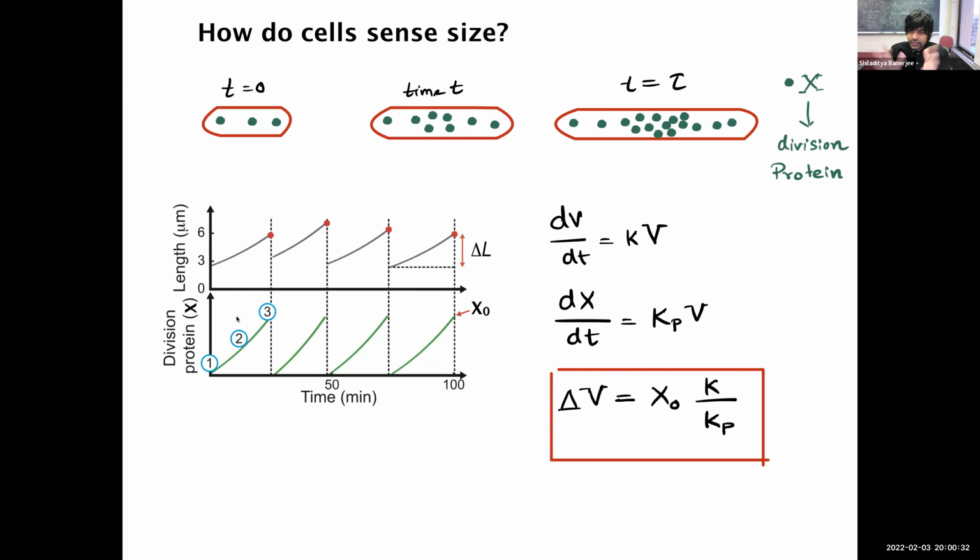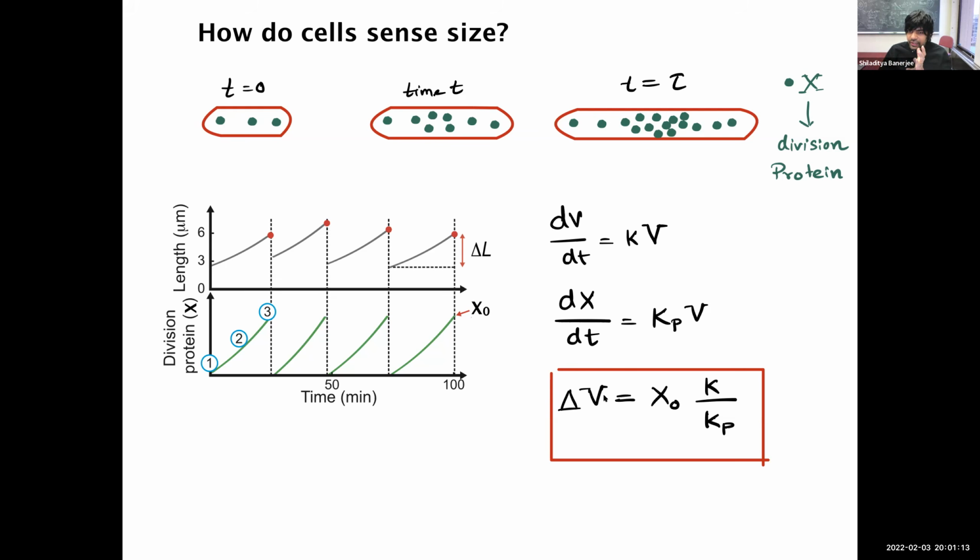And if you do the math, it's very simple. I give it in my undergraduate class as a homework. So you can compute the added volume in each generation. And the added volume is given by the ratio of the two rates, K and Kp. K is the rate of growth, and Kp is the rate of synthesis of these division proteins, okay? And these are all fixed in a given environment, okay? So the question about environment is very important. So in a given environment, K over Kp is fixed, right? So the cell size is given by the ratio of these two rates, how fast you grow and how fast you divide, right? So the ratio of these two rates determines cell size, and you get a fixed volume, right?